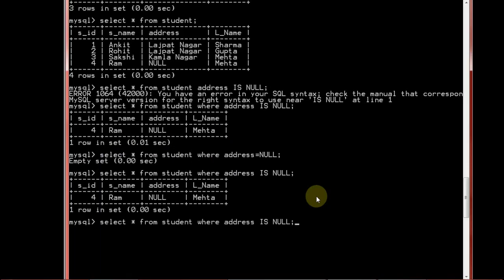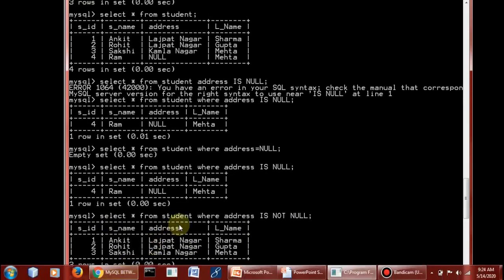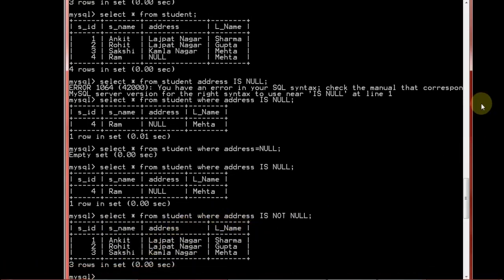You want to see the records where the value is not null. Because sometimes in a table multiple null values are there. So you want to see the things that have not null values. So it will give you all the values of that particular thing.